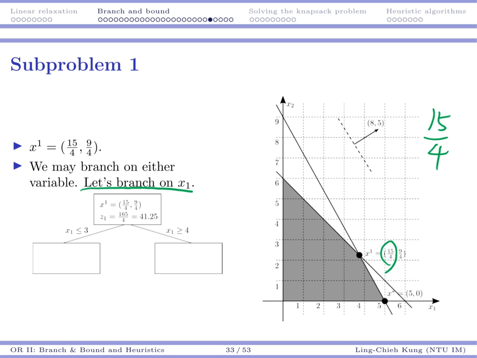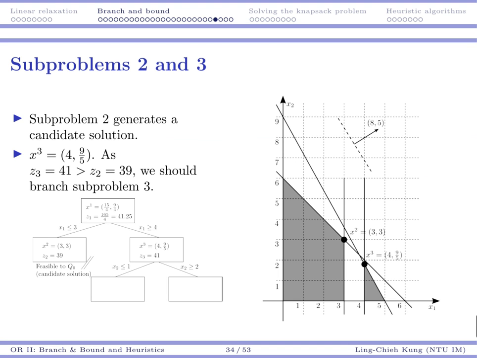In this particular case, because this is within 3 and 4, we will add a constraint saying that x1 is less than or equal to 3, and add another constraint, x1 is greater than or equal to 4. Let's say we do the first one. In this case, our subproblem 2 is going to generate a candidate solution. Once we say x1 should be less than or equal to 3, we solve this linear relaxation, we luckily get